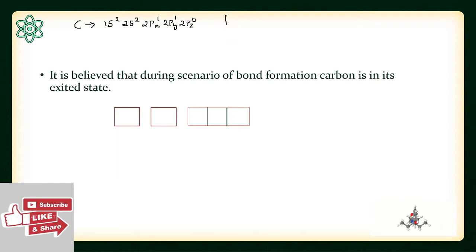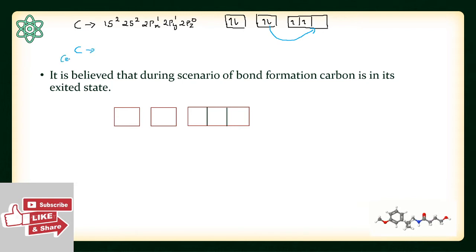Now if I draw the box diagram, it will be 1s, 2s, and finally 2px and 2py with one electron each. Now carbon in its excited state, listen carefully, what happens is one electron from the 2s will move here. And the carbon's configuration in its excited state becomes